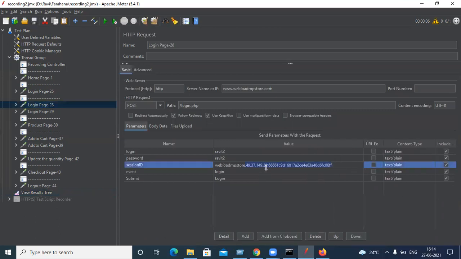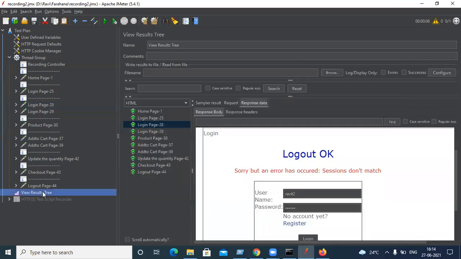Okay, so let's copy this, and we need to find the pattern, because this is generated by the server, not by us, right? If the end user is generating it, then we'll give it manually. So how do we check this value? Server-generated values will be in the response. So in the tree, we'll see the responses, right?